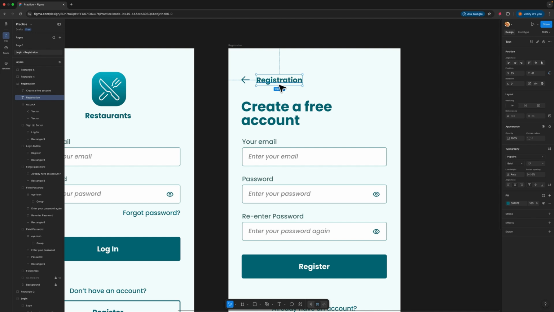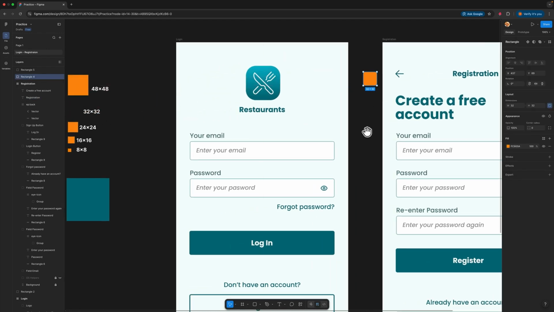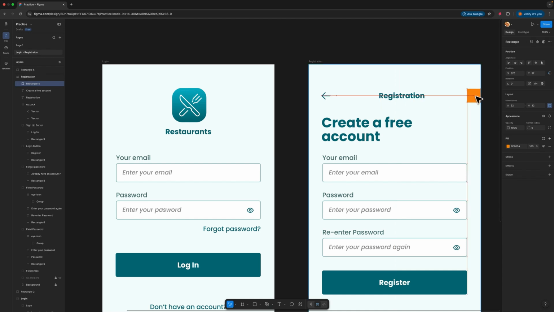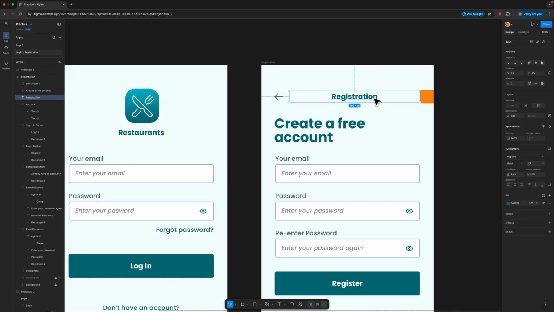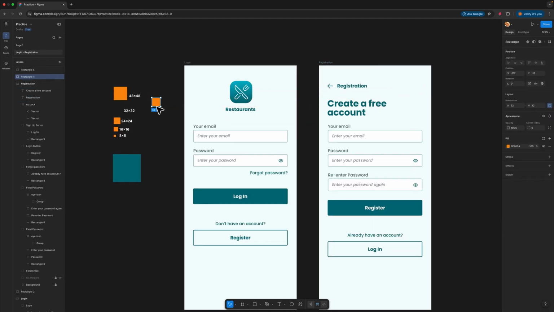Now next thing is I'll just zoom into the screen a bit and I'll click on this registration and I will just middle align it to the arrow, and then I will click on this and drag all the way to the right, and I will click on my 32 by 32 square. I'll bring it there and place it there, and I will click on this registration screen and set the alignment to left, and I kept it to this side so even longer text will fit and align to the left, and the spacing over here is 32 by 32 pixels,